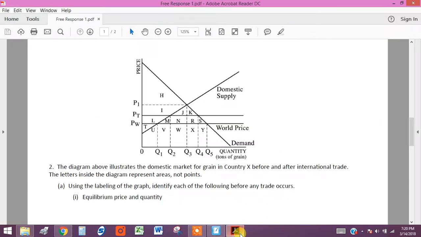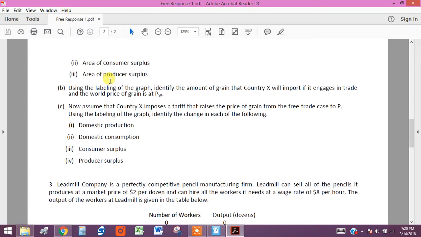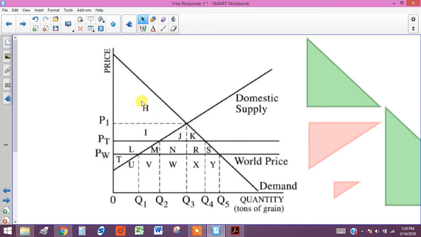Easy enough, right? Okay. The next thing we're asked in part A2 is we need to, before trade, identify the areas of consumer surplus and the area of producer surplus. Now, when you're answering this, you're going to need to use the letters to identify the areas. So if we know this is the price right here, P1, and this is the demand curve, we know that before trade, consumer surplus is going to be this area right here. The area above the price and below the marginal benefit or the demand curve. So you would just write in your answer that consumer surplus is area